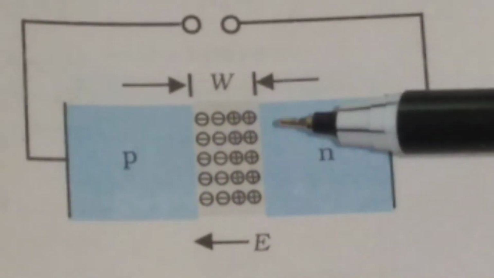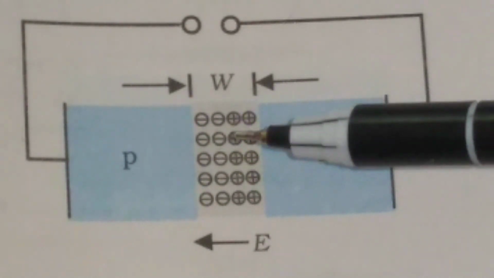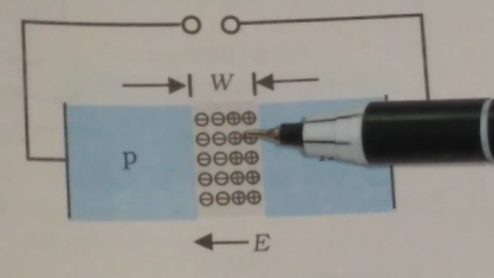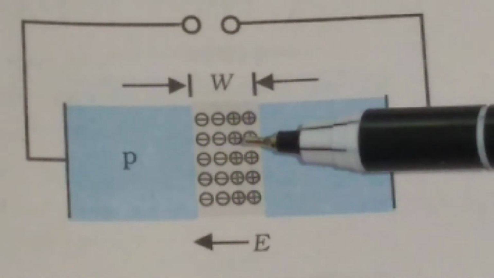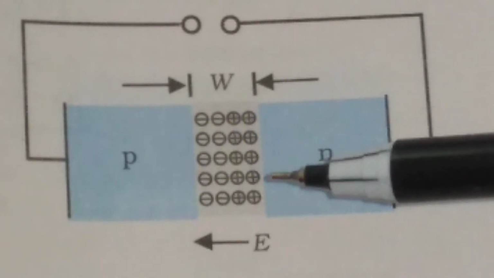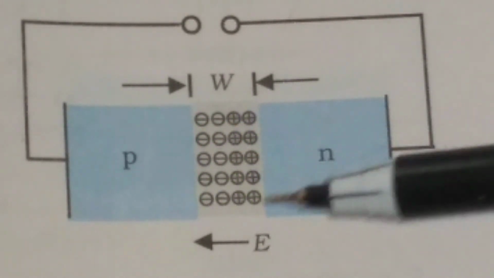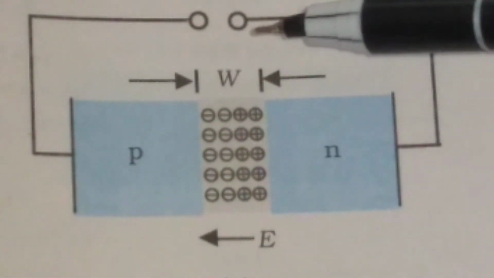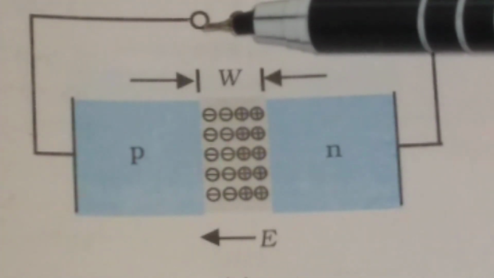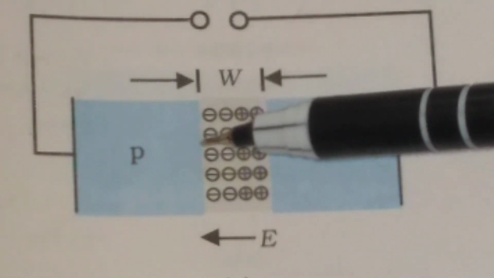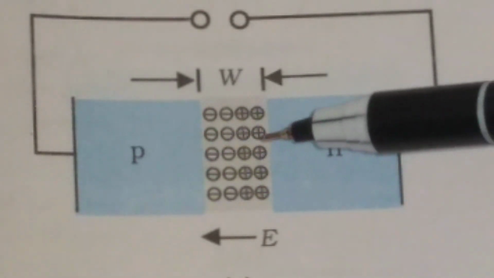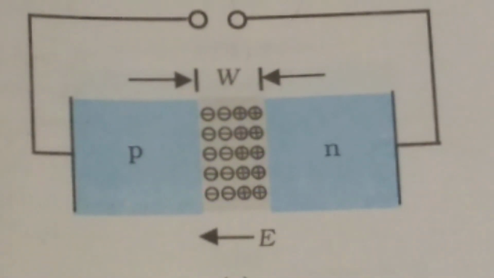And when the diode is in equilibrium condition, there is no net drift current or diffusion current. That is, the diode is under equilibrium. And for zero potential barrier, we have to connect this n side to the negative terminal of a battery, and the p side to the positive terminal of the battery, so that the width of the potential barrier will decrease. Then there will be no potential barrier, or the potential barrier will be equal to 0.